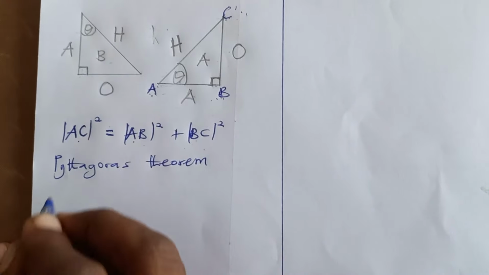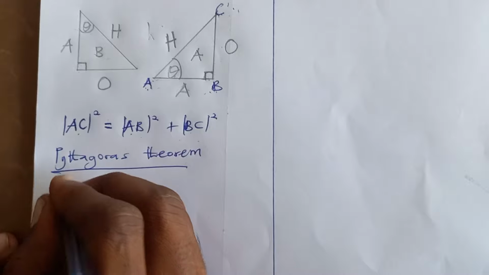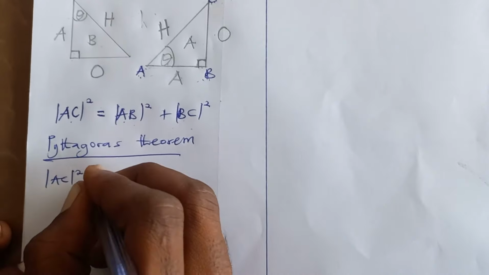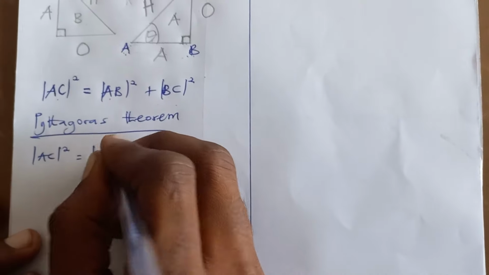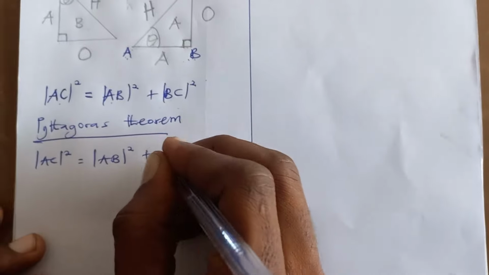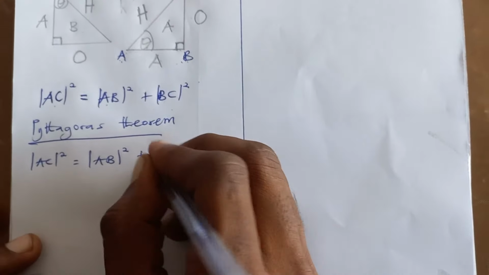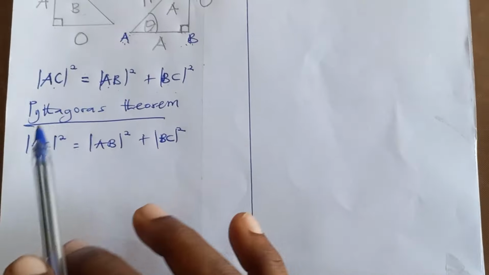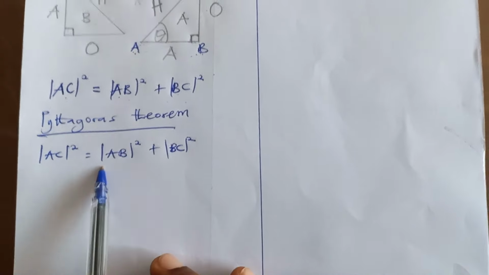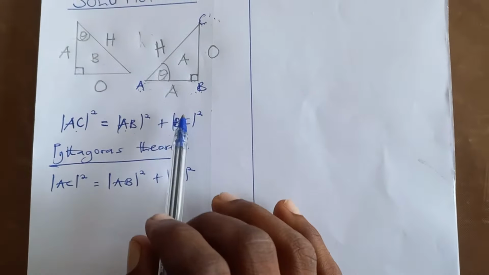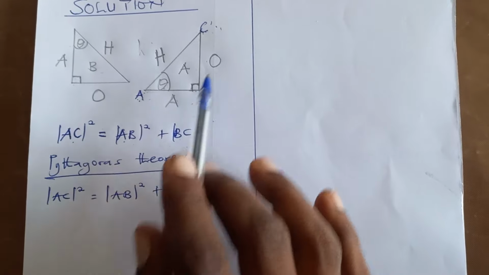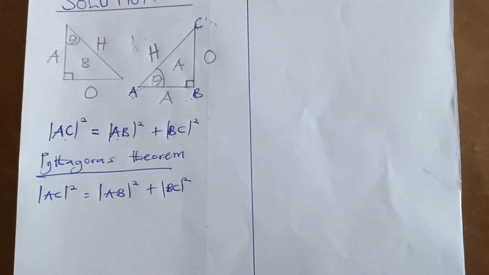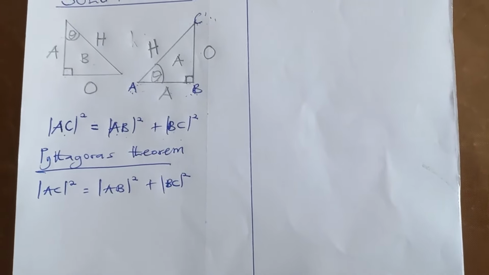Yes, so we had AC squared, which is equal to AB squared plus BC squared. So in words, you can say that the longer side squared is equal to the summation of the squares of the two other sides. Okay, good. Now,